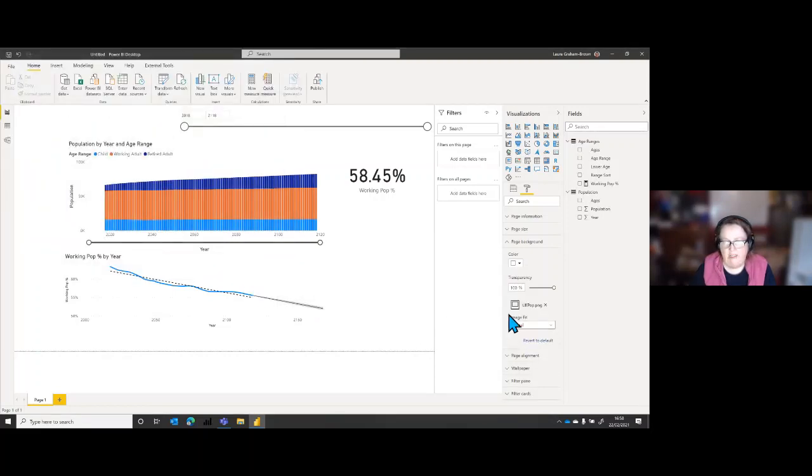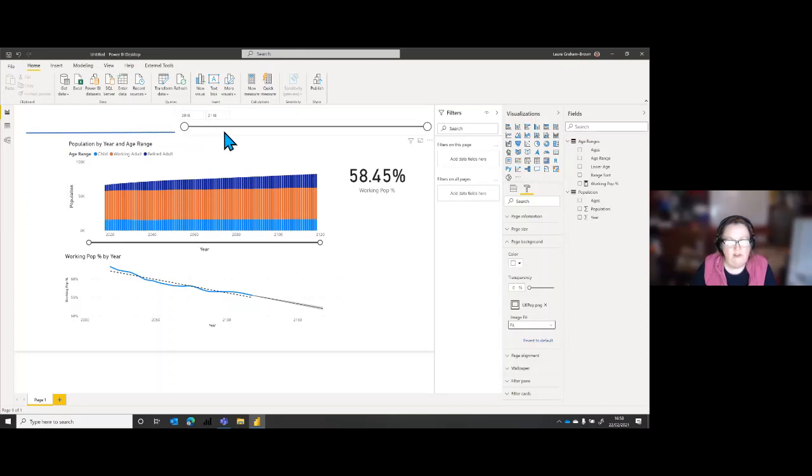Now, here are some oddities. By default, it's transparent, so let's stop it being transparent. Also, unless you've resized it, the fit is possibly wrong. In this case, it's too big. So my normal fit there, I changed to be a fit. Okay, and there you are, that blue line has appeared.